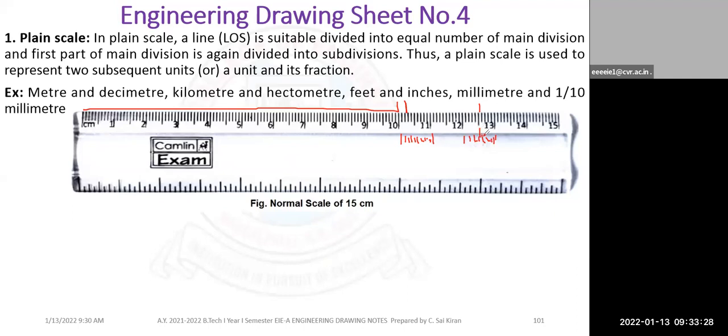So what our engineers have done in the engineering drawing is, instead of dividing between 1 to 2, 2 to 3, 3 to 4, 4 to 5, it's a time taking process. If you are creating a new scale, because we have very less time in the drawing class and in the exam, we have very less time to do. So what we have done is, instead of dividing between 1 to 2, 3 to 4, 5 to 6, 7 to 8, we make the divisions only once.